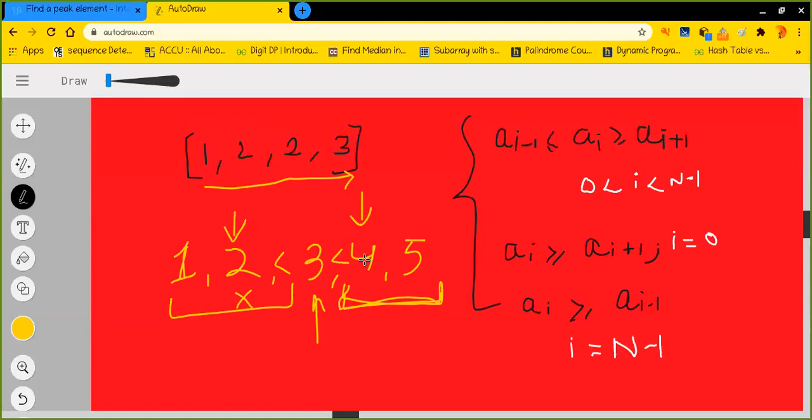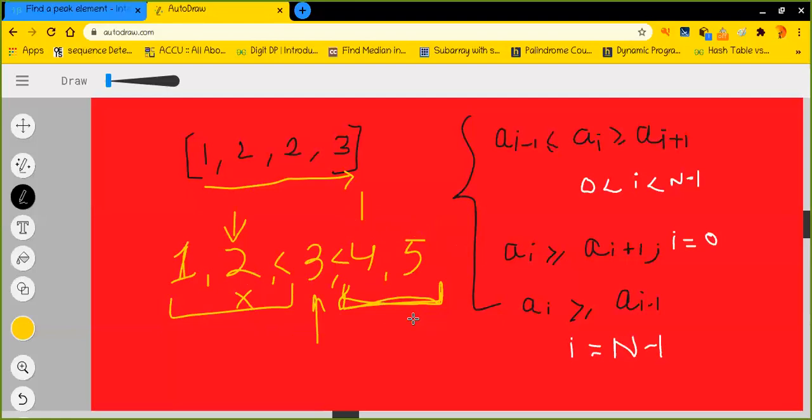It is already bigger than its left neighbor, so there is a chance that it may be bigger than its right neighbor as well. That is not the case right here, but you can see there is a peak element in this segment. Now let us forget this particular example, because it is clearly visible. This is the point of creating this algorithm.